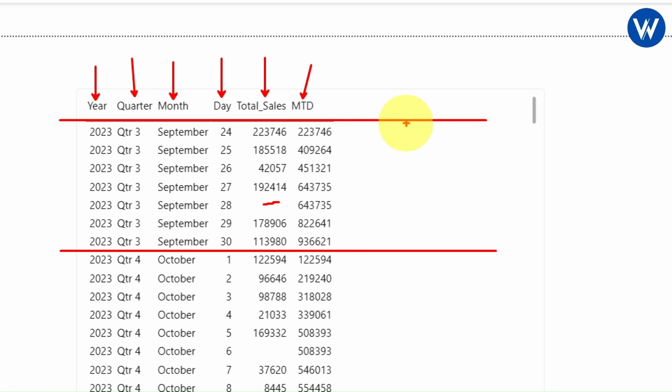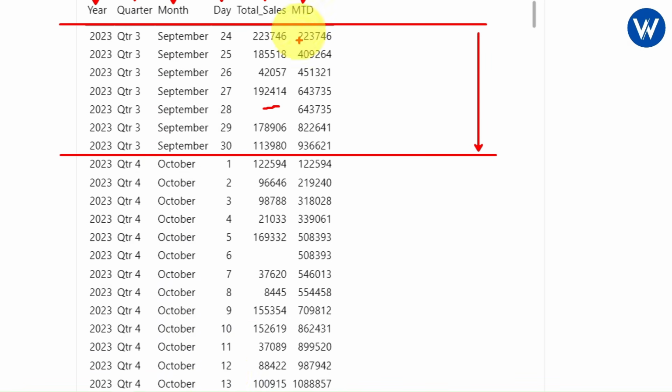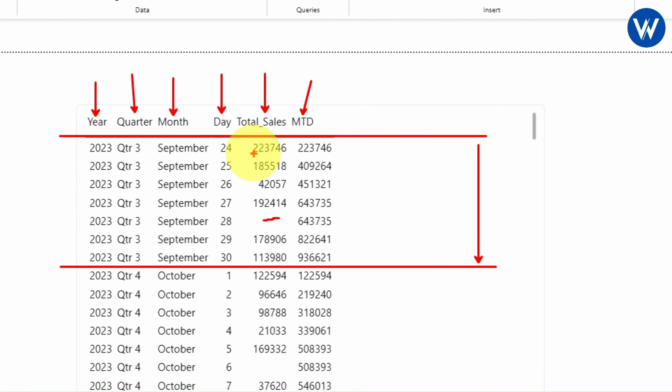MTD means month to date. So basically with the help of month to date we can find the cumulative total. Like cumulative total nothing but we can find the month wise total amount. For each month we will be finding the total amount. So basically we will be adding the amount for each day. If you want, let me show you practically, guys. So this is the September 24th, right?